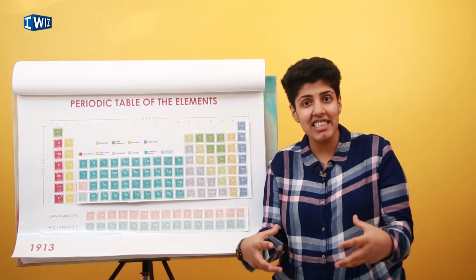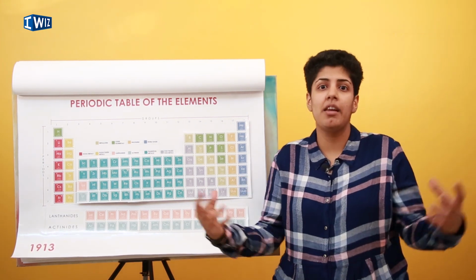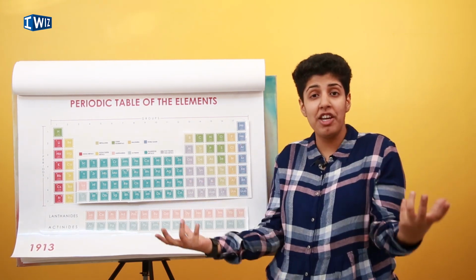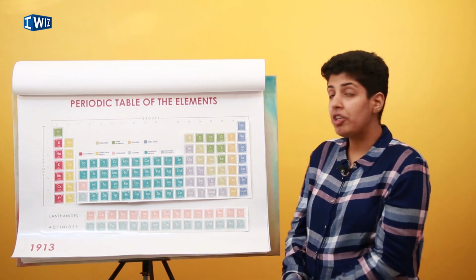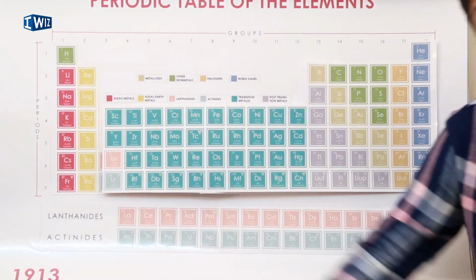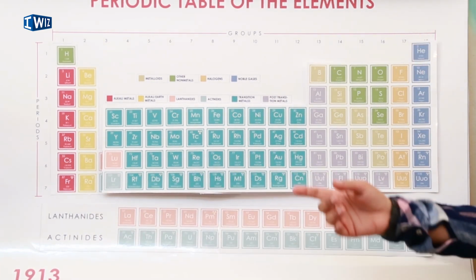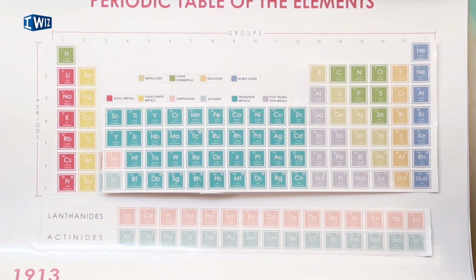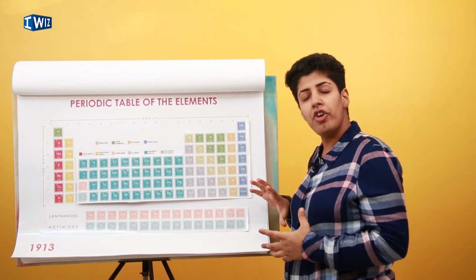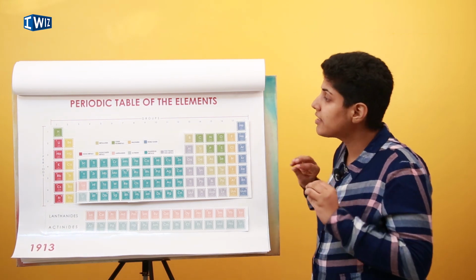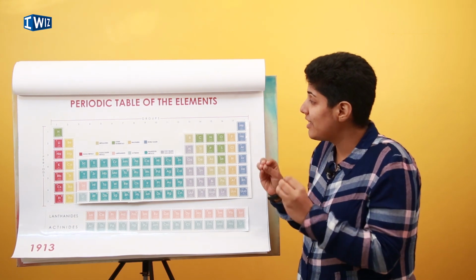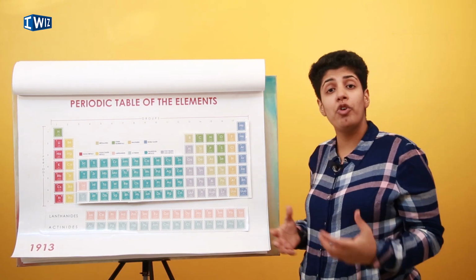We are still synthesizing elements. We are at this position where we are making elements. We don't even find them in the Earth's crust. We bombard particles and we try to make new elements. And so the periodic table is not complete because we keep making new elements. And so the 7th one, as of today, we have 32 elements, but hopefully we'll find a lot more in the future. That's basically about how the periodic table is arranged, why it is such a beautiful arrangement, and what it actually explains is what we are going to get into next.